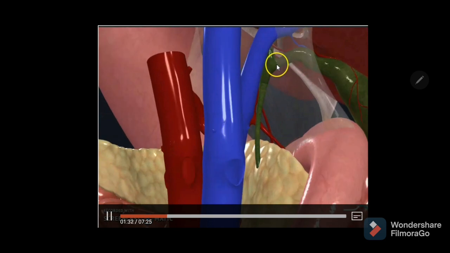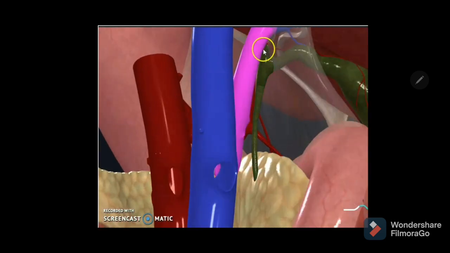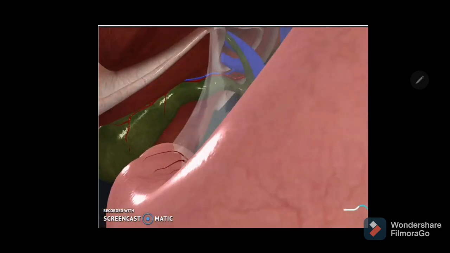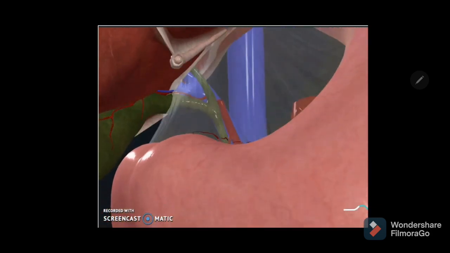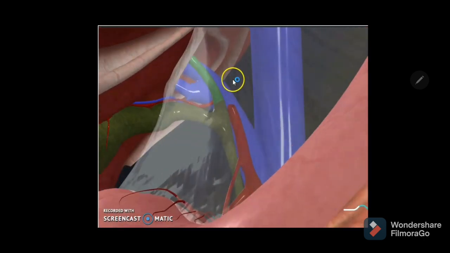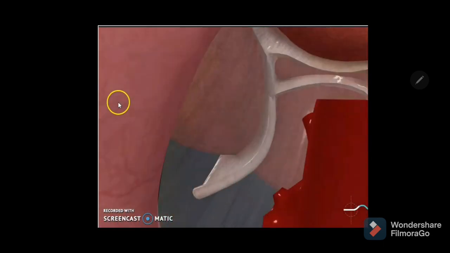You can see that is the common bile duct. Just above that you are seeing the common hepatic duct. You can notice posteriorly it has the portal vein, and anterior to it the undersurface of the liver, and to the right you are seeing the hepatic artery there,